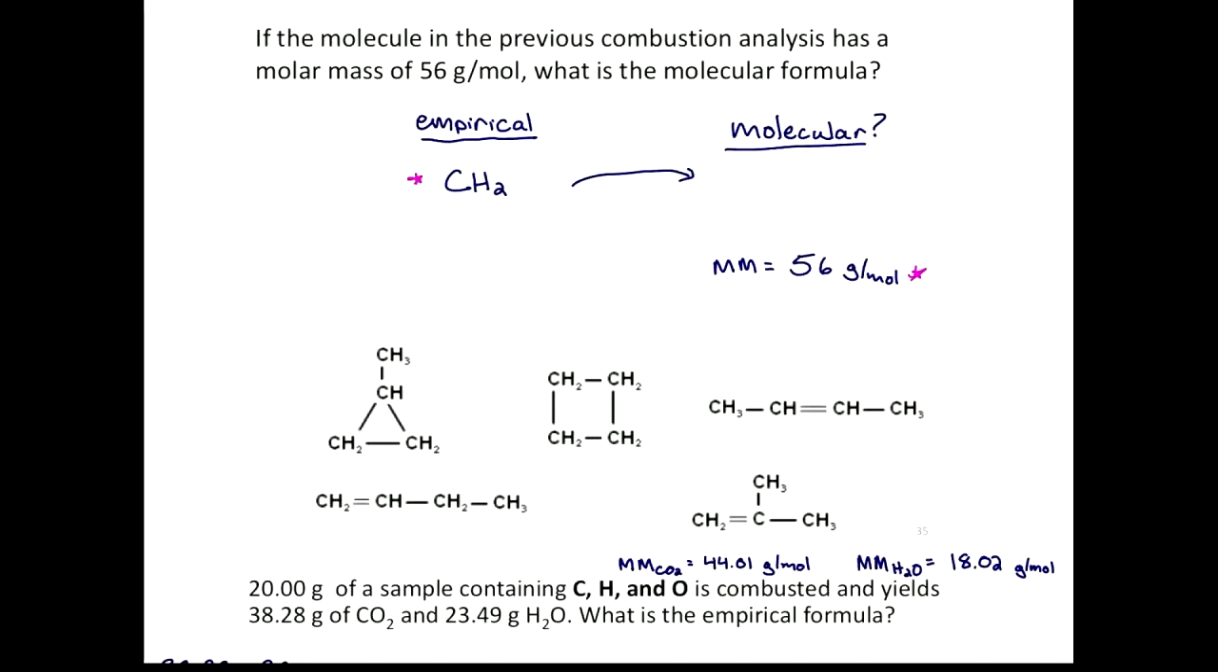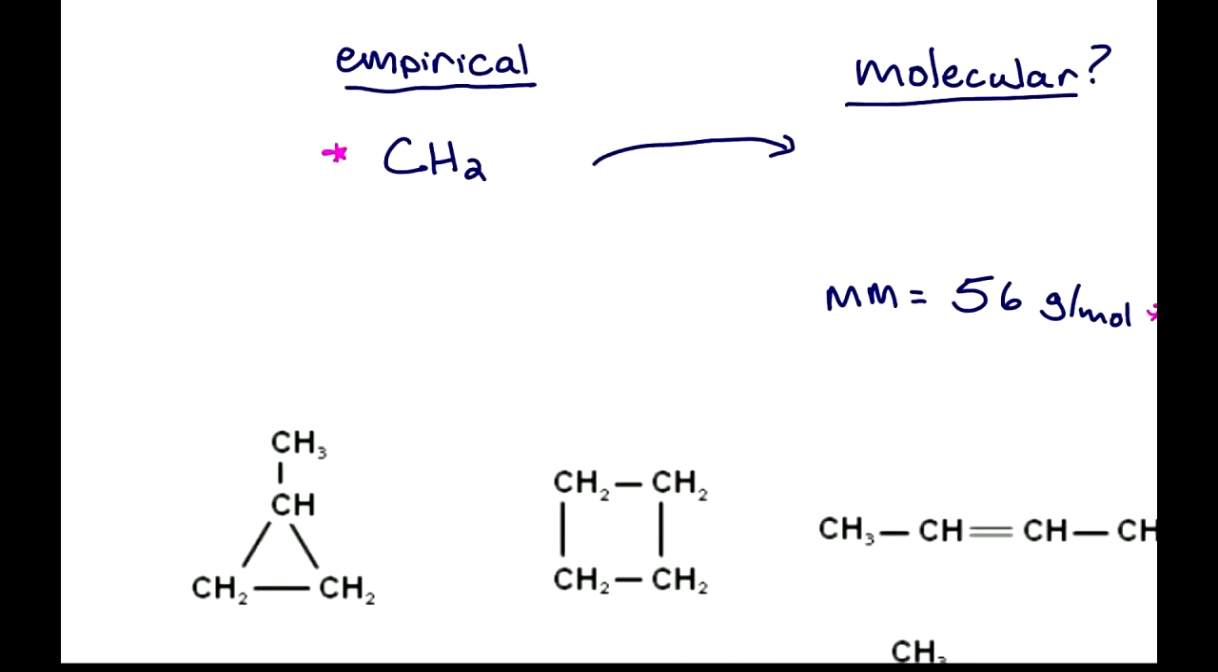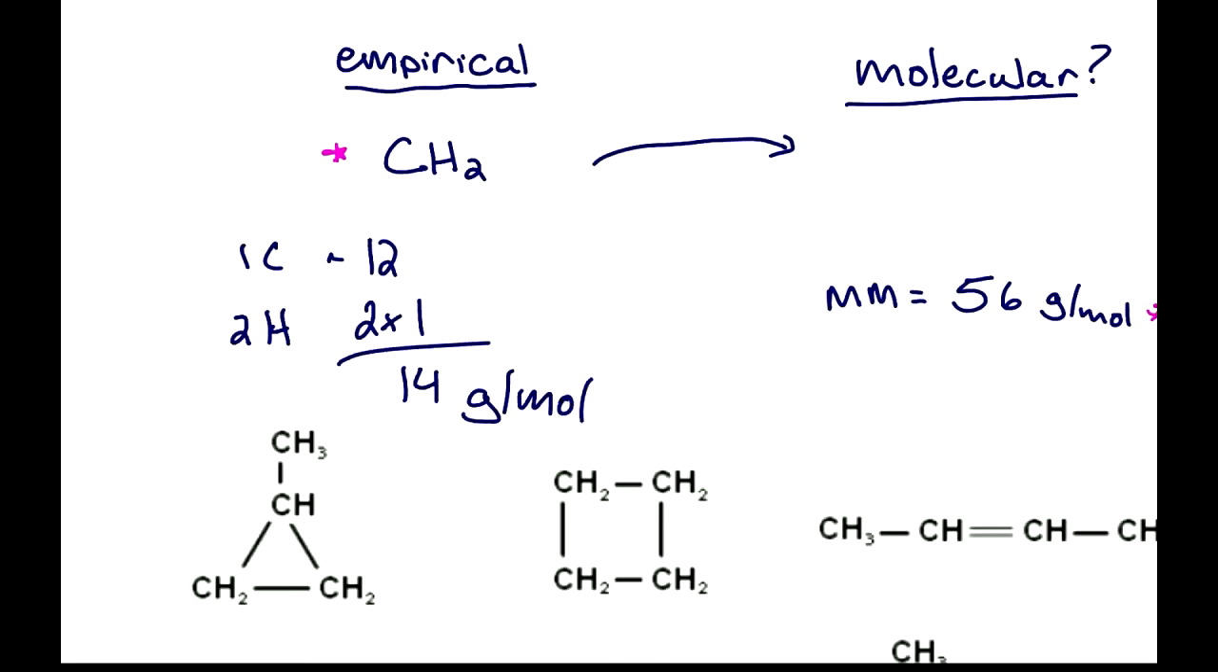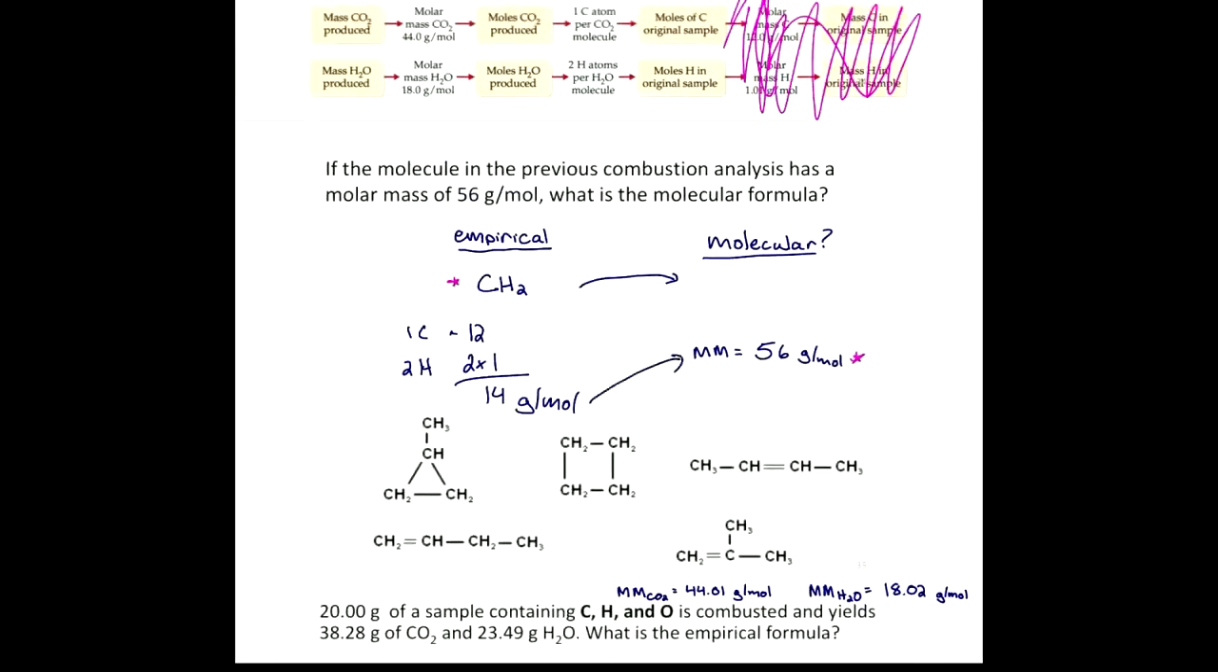So the idea here is you just estimate the weight of the empirical formula. I know that one carbon off of the periodic table is about 12 AMU or 12 grams per mole, but then there are 2 hydrogens. So that's 2 times 1 AMU. Again, I'm just estimating. There should be more decimal places, but this is just an estimate. So I know that this empirical formula, CH2, weighs about 14 grams per mole. And using the information given, I can see that the full molecule weighs 56. So this allows me to get the multiplier that I need to scale up my